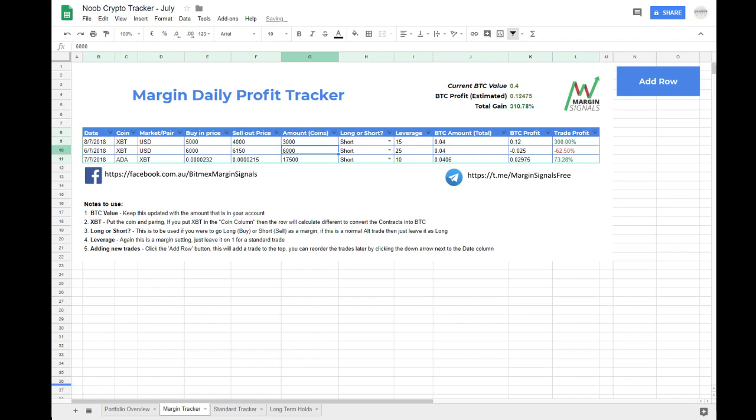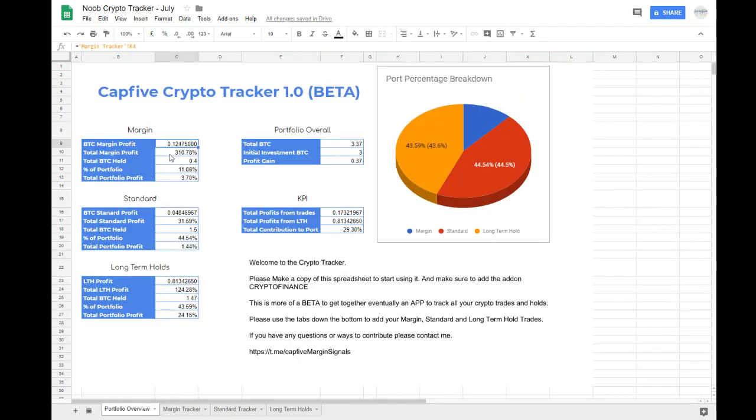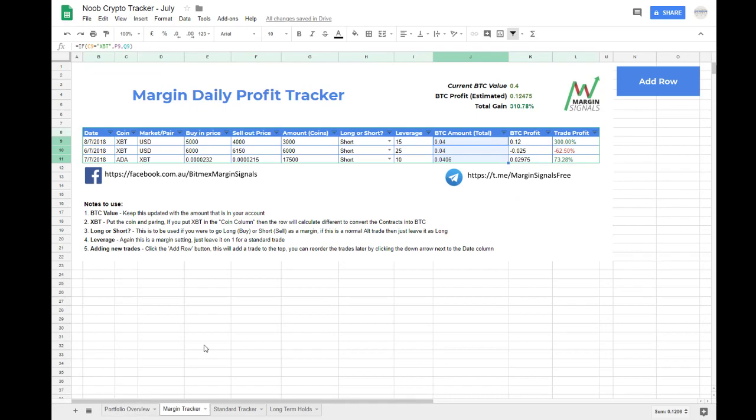There we go. Cool. Just wanted to keep it consistent, so I'm dealing with the real world. You can see here the amount of margin profit we made this month so far is 0.012. The actual profit percentage on top of that was 310%, and total BTC held we would be updating. Let's say we made it to 0.9 now, because we made, let's say 0.7, a 30% increase,